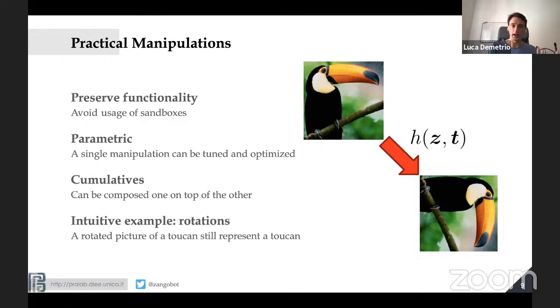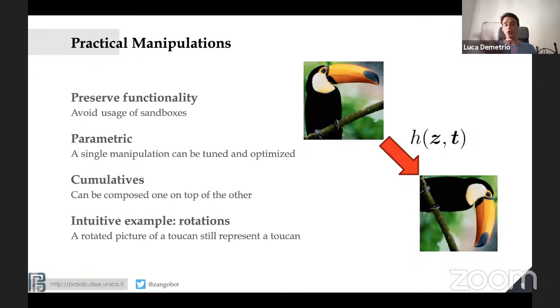Since it's a vector, and since we are in the case of a minimization problem, the attacker can tune this T and reduce, enlarge, and change the manipulation being applied. And these manipulations are cumulative, because if you're targeting the structure you're using, like the file format, you can do not only one manipulation, but in principle, you can stack them.